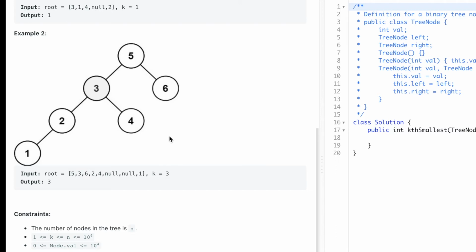We'll take advantage of that and use the in order traversal, and every time we'll check if the current element is the kth element, we'll return it, otherwise we'll keep traversing in the in order traversal.